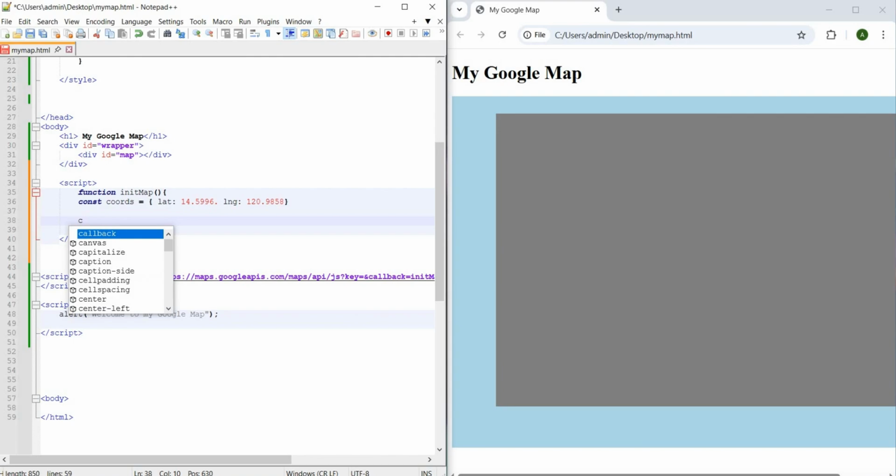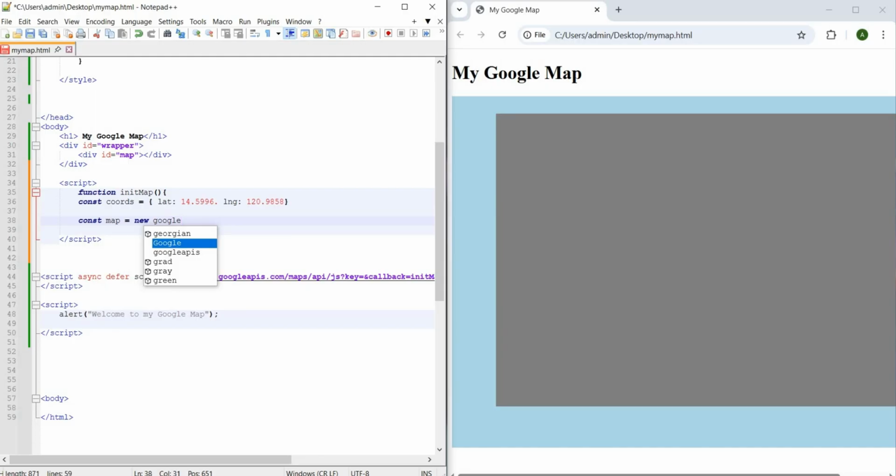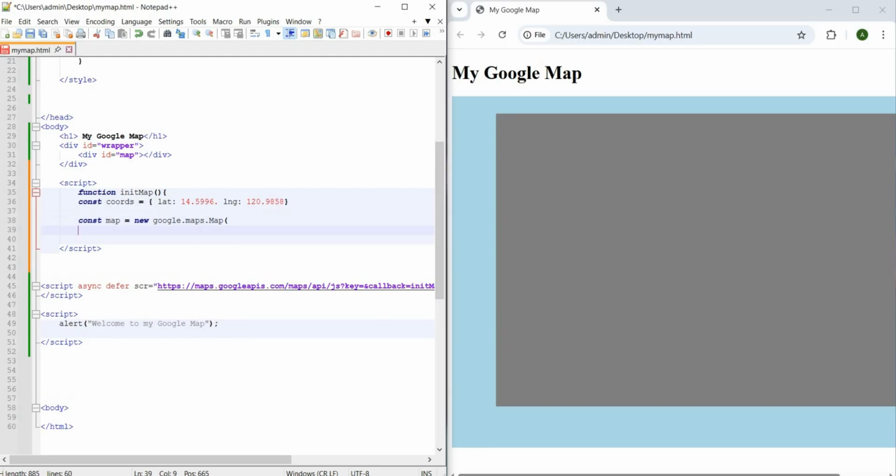Constant map equals new google.maps.Map with a capital M. Then we need to get the ID from the HTML document into JavaScript.